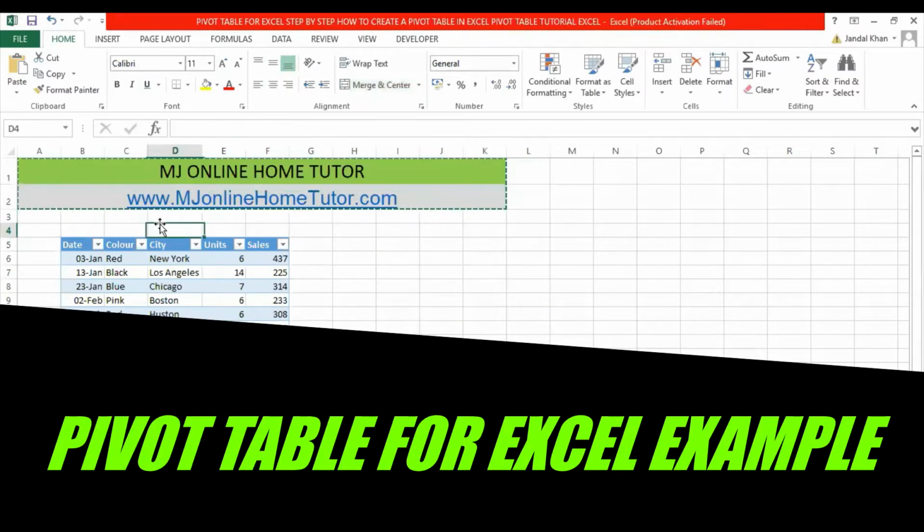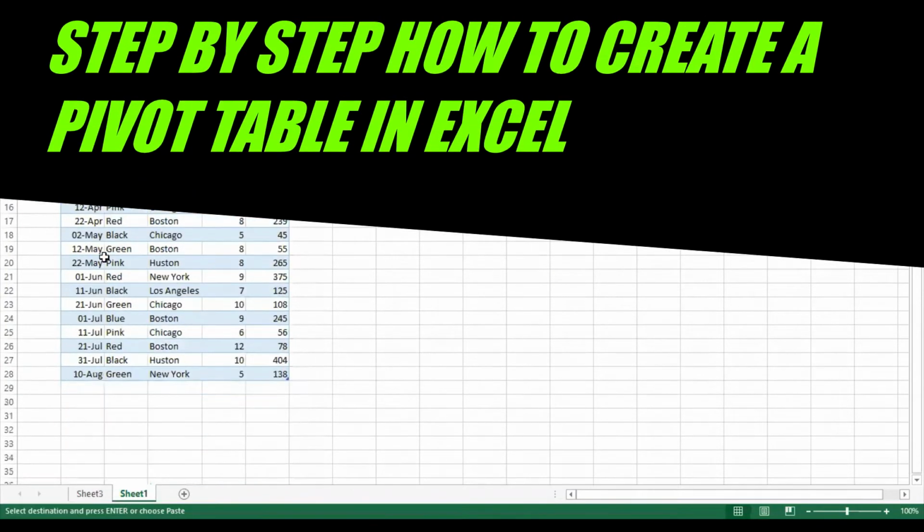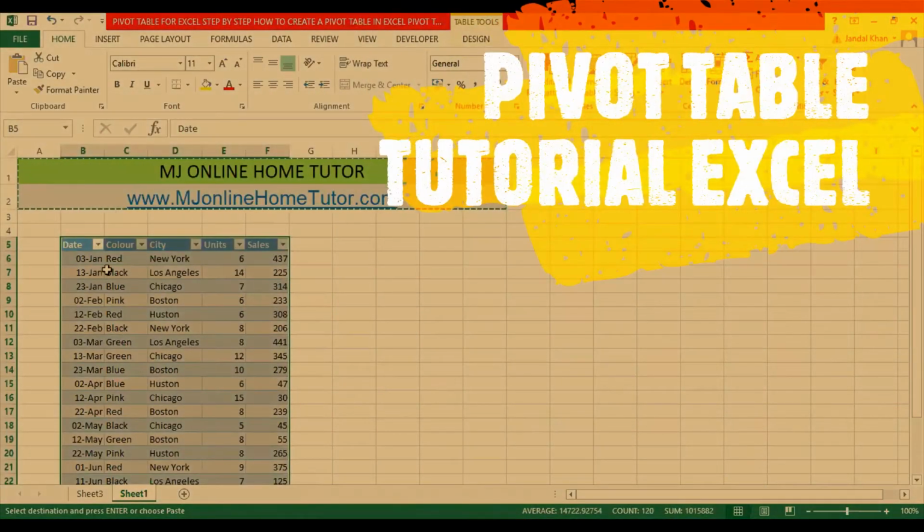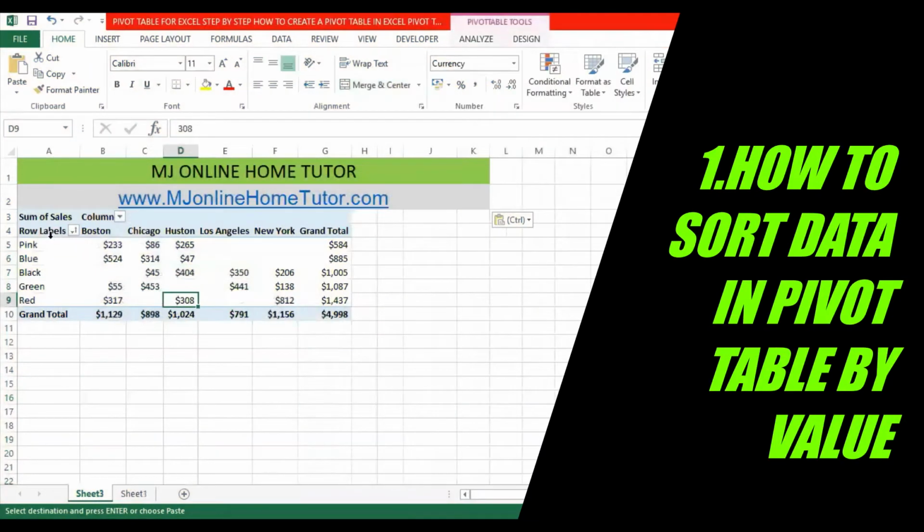Pivot table for Excel example. Step by step how to create a pivot table in Excel. Pivot table tutorial Excel. In this video we will solve 6 problems which are how to sort data in pivot